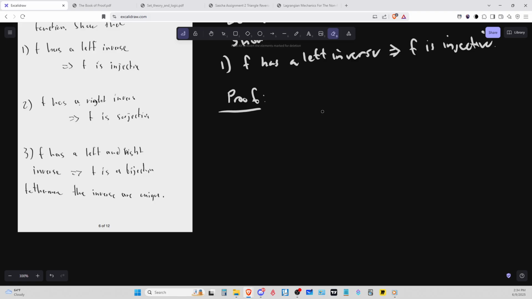You don't have to prove that it's a left inverse. You have to prove that the statement has a left inverse, and thus implying that it is injective. You already have the function that has the left inverse. You have to prove that a function which has a left inverse is injective, right? Right. So